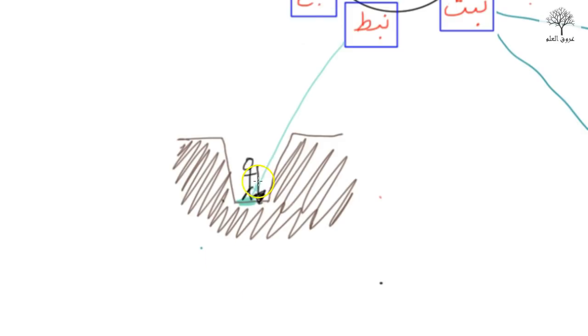Right. So what kind of meanings can we appreciate here? What kind of words come to our mind here? You think about this yourself as well. One that comes up is appearing, upwards, appearing, nabat.